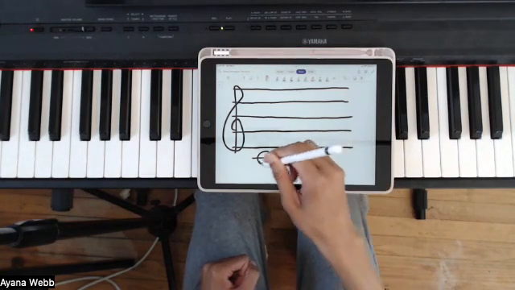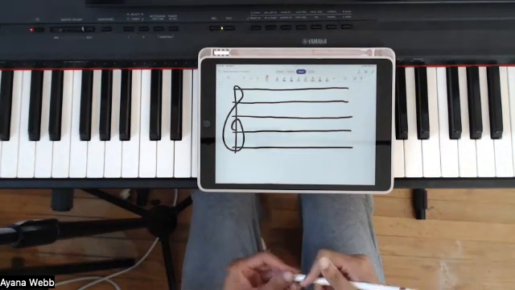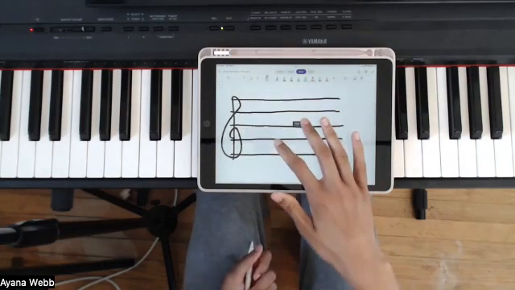Now, here is an easier way. If you're just familiarizing yourself with the names of the keys or the names of the notes on the staff,